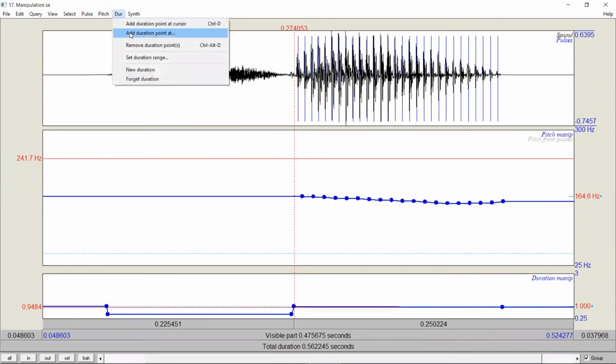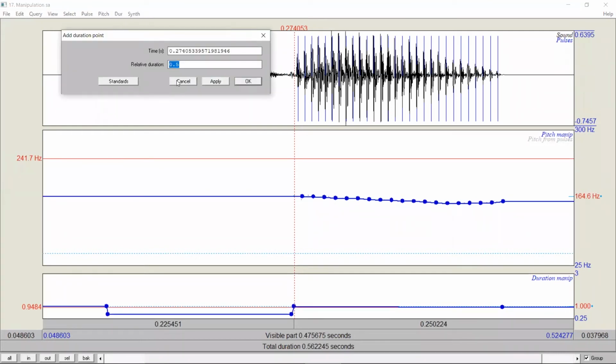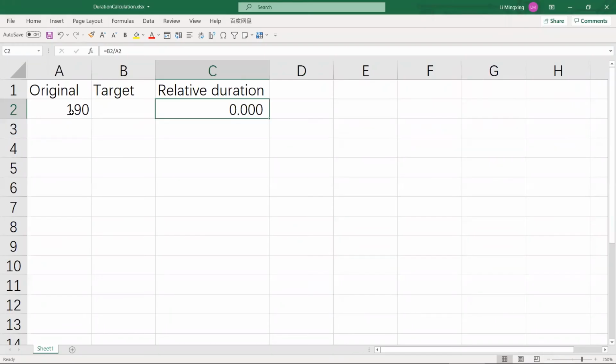Go to Duration, Add Duration Point at. We can leave the time as it is, but for the relative duration, we need to do some math. The original duration is 190, and we want the target duration to be 300 milliseconds. We will see that the relative duration should be